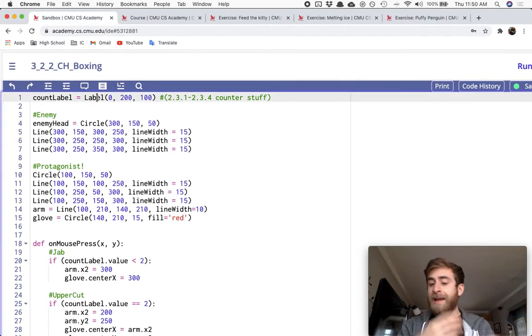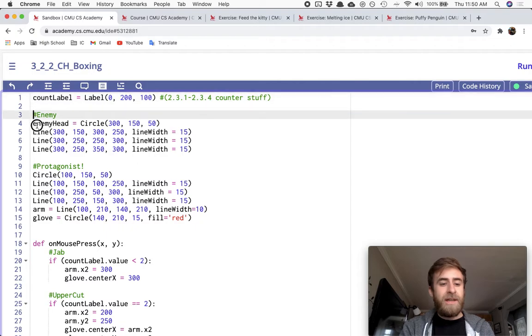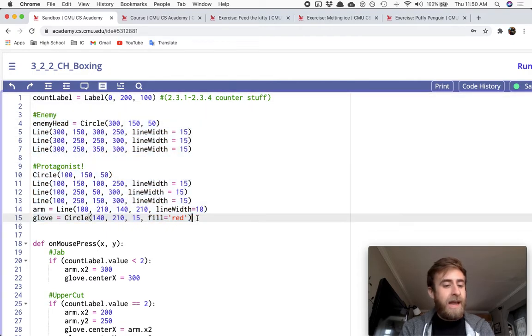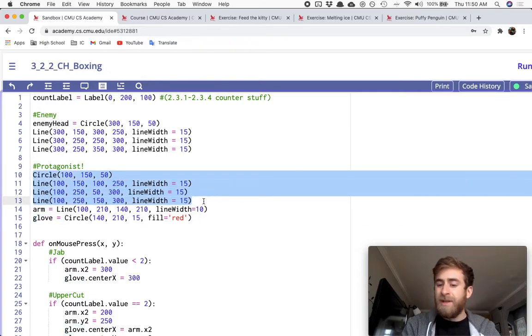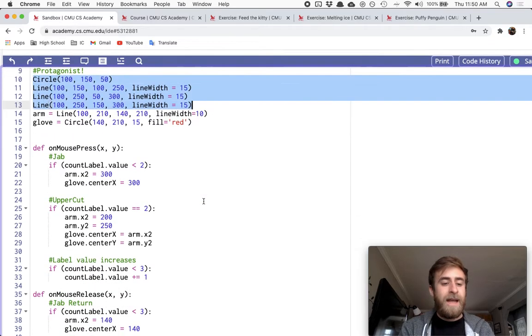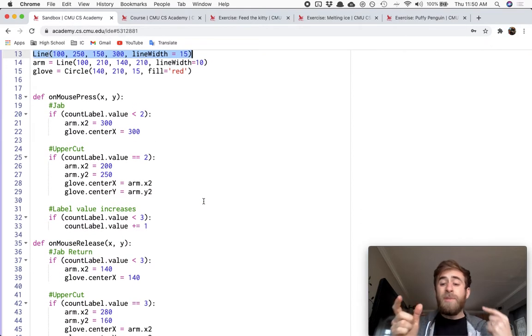That's going to be like counting for us and storing that information so that we know when we want to do different things. We set up the scene by making the enemy and the protagonist and creating some global variables for things that we know we're going to edit, and just kind of made the images themselves if we know that part's just going to be a static part of the image. It's not moving. Then we use multiple if statements,